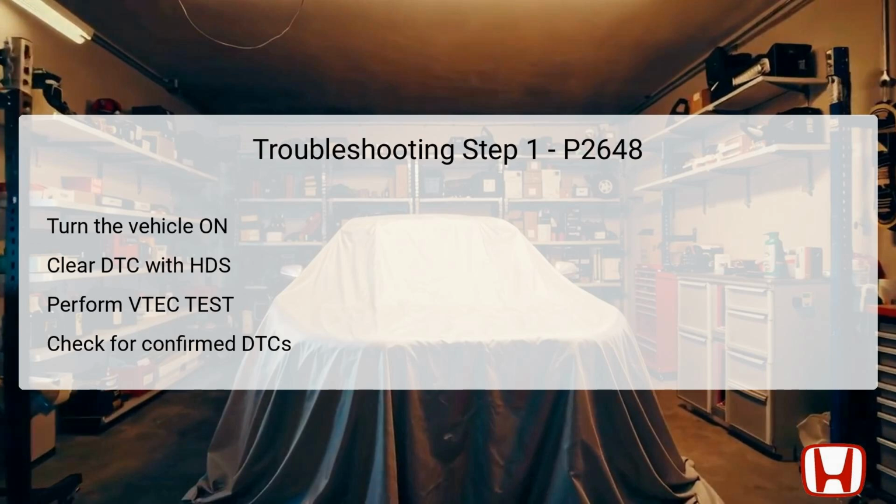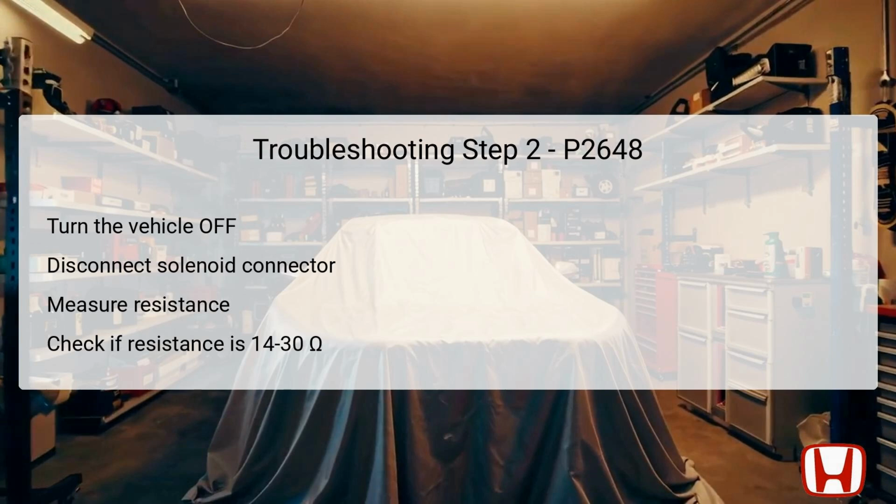If DTC P2648 is re-identified, it indicates that the original failure persists, warranting further investigation. If it does not appear, an intermittent issue may exist, suggesting a need to inspect wiring and connectors for damage. In the second troubleshooting step for DTC P2648, the focus shifts to checking the internal resistance of the rocker arm